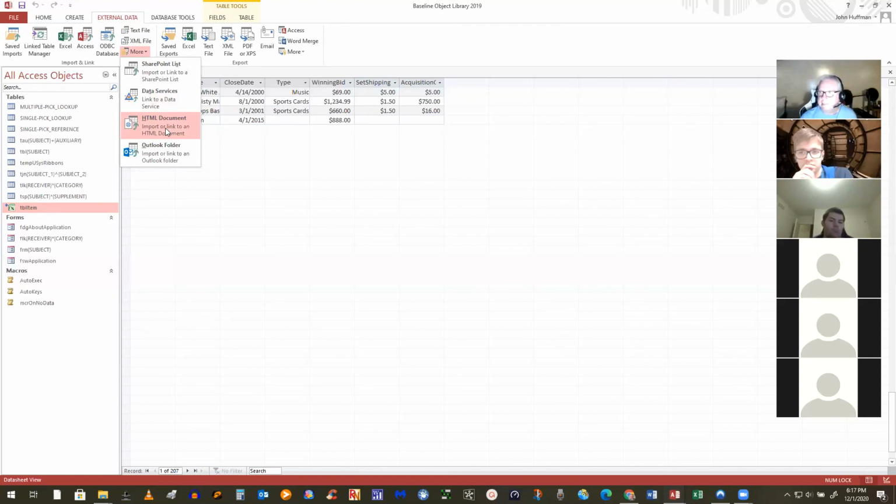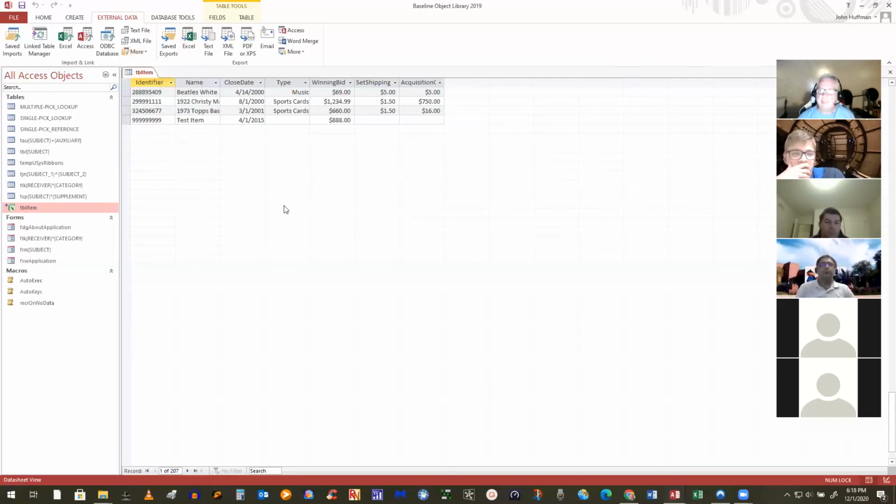One that I did is Yahoo Finance makes available stock information that goes all the way back to 1929. All right, and it's all in a massive table, and I have been able to hook to that from an Access database to bring in stock prices, the history of certain stocks that I might have in my database, things like that. I've never done one for an Outlook folder though, but I have done all these other ones, and it's pretty slick. Now, on the services, you do have to have the ability at your server to be able to connect to it. I'll just let you know that.